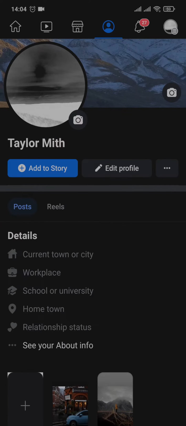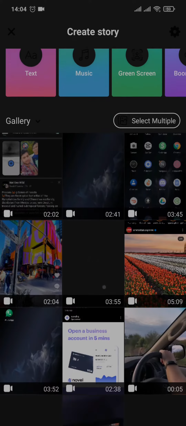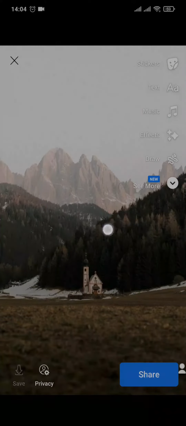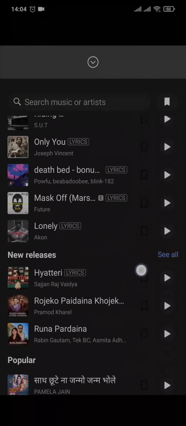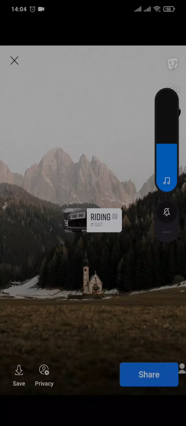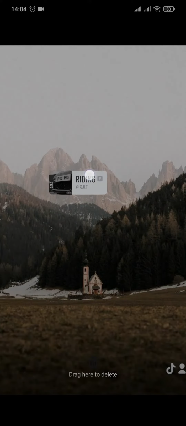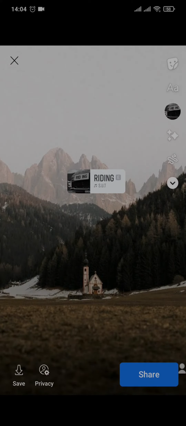So tap on add story on the top and then select the post. Once you have selected the post, this time you're going to add this music to the story also. Tap on the music option on the top right and then select the music. Once the music has been added to your story, you can now just tap on share and share it